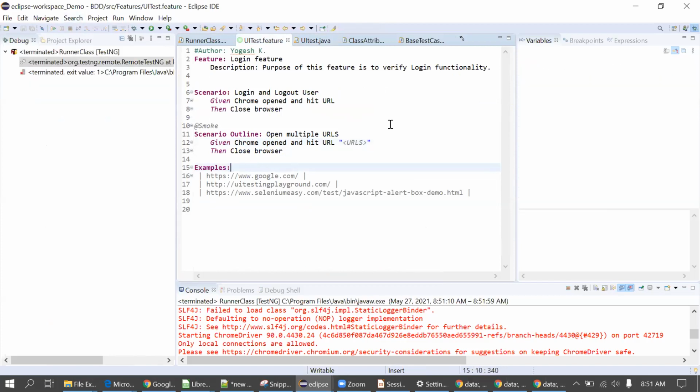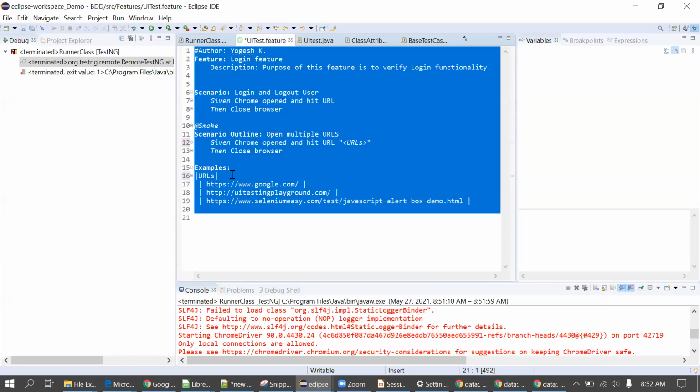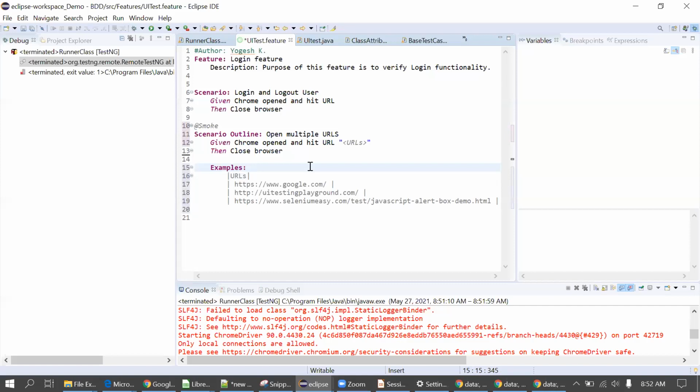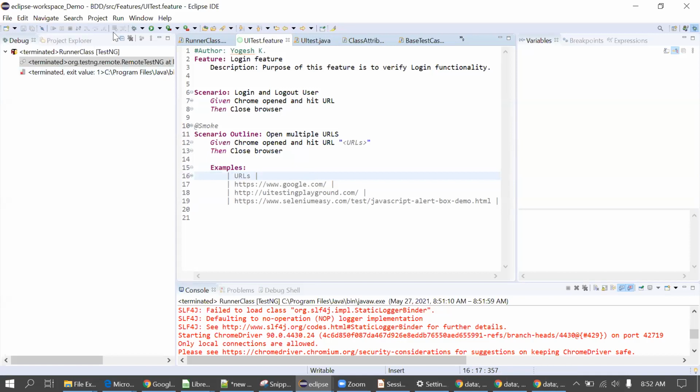Let me put the URLs here. Actually, the syntax is this only: space, pipe. Again, I'm executing this in debug mode.